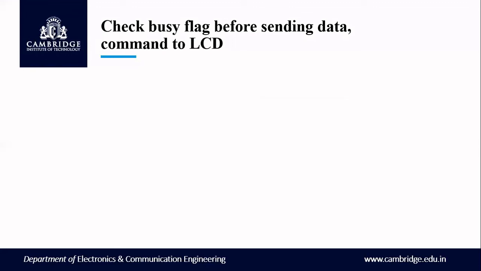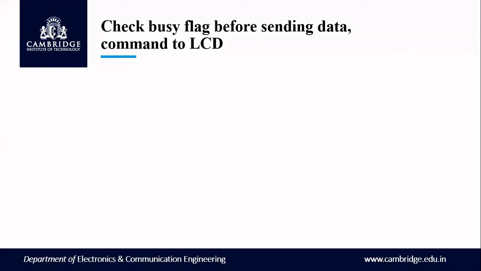Instead of calling the delay program every time, we need to check whether the LCD is busy or ready. If it is ready, you can send directly. No need to wait for some time. So directly we can send the data. Here, let us see how to check the busy flag. The busy flag is the D7 bit of the data lines of the LCD. You will be having a data bus in the LCD. The D7 bit is meant for the busy flag. If it is 1, it means it is busy. If it is 0, it is ready.